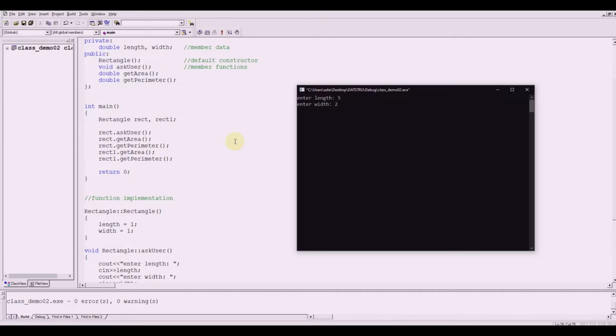The next output, getArea there, is based on the default constructor, 1 and 1 for the length and the width respectively. And so with the getPerimeter. See the output here: the first area would be the output coming from the user input. Same thing with the first perimeter. The next area and perimeter is basically coming from the values set by the constructor.